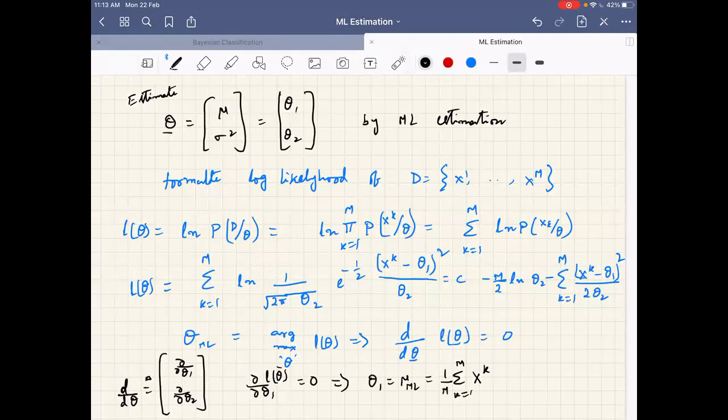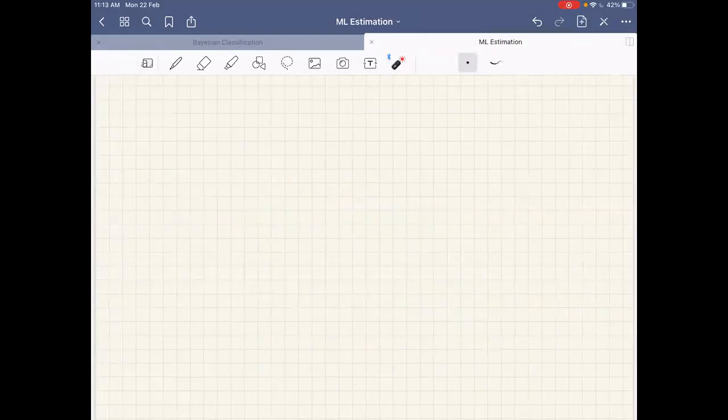In fact, if you see here, this term is independent of theta 1, and this is anyway independent of both theta 1 and theta 2. That's why I have written C here. This term can be ignored while differentiating with theta 1. Now let us do the differentiation with theta 2. You do it parallelly and give me the answer. If some of you have got the answer, please let me know.